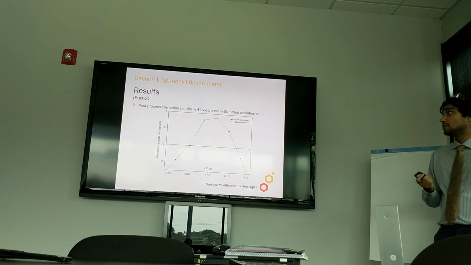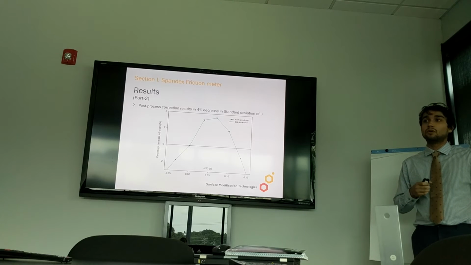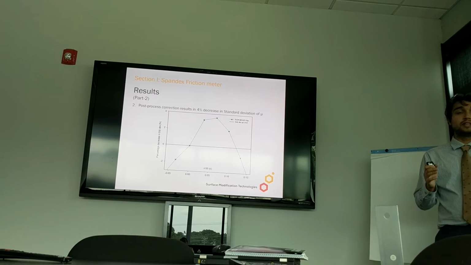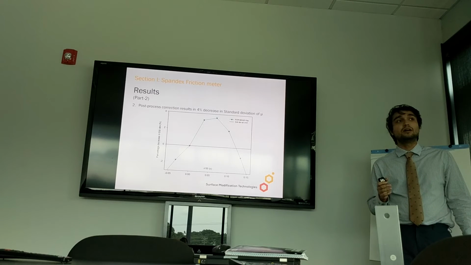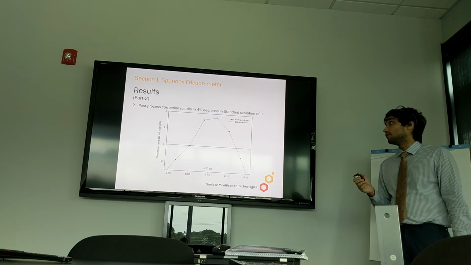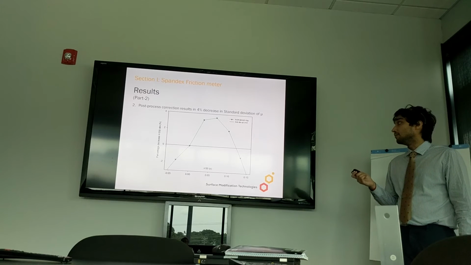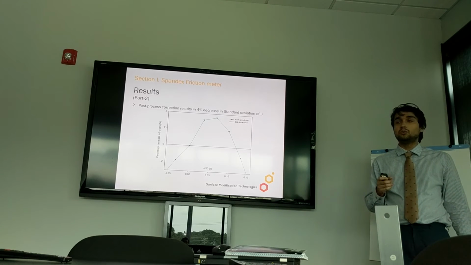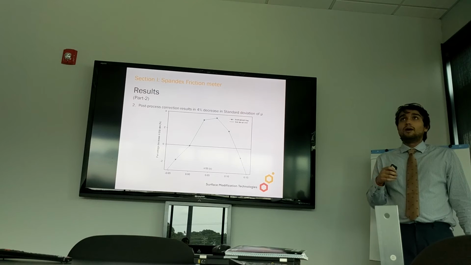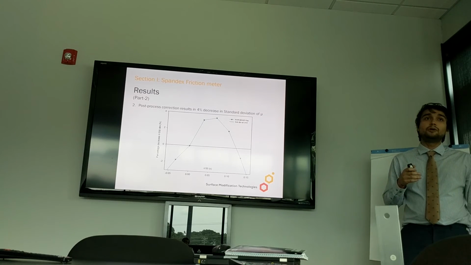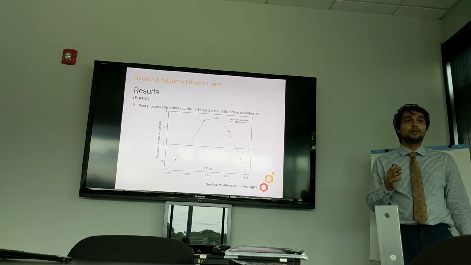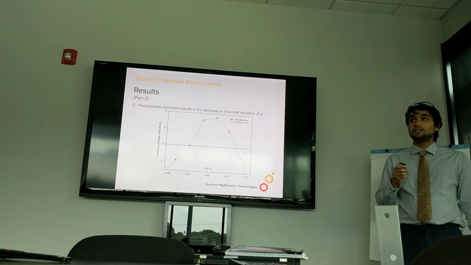So we can conclude based on this that over the course of large enough data set, we are overestimating the standard deviation and coefficient of friction by 4%, and that can be reduced by choosing n equals 2 to account for an equilibration time of 67 milliseconds between T1 and T2.